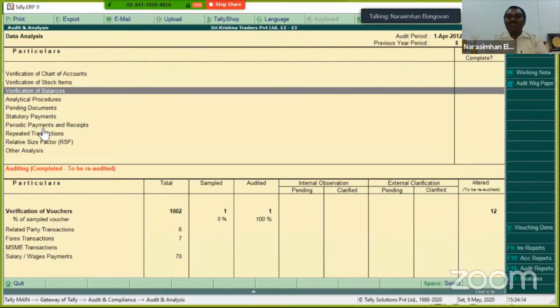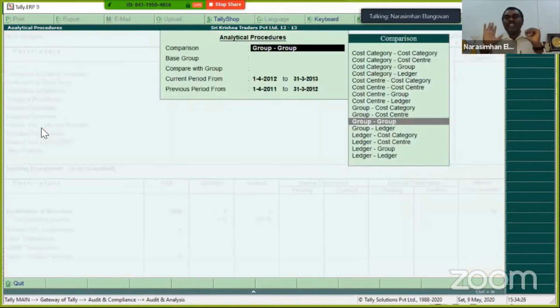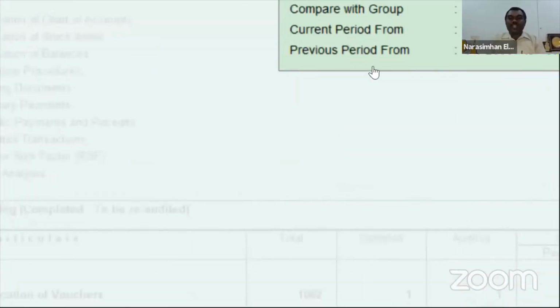Anyways, okay. Quickly moving, analytical procedures. What is this analytical procedures? Your standard on auditing also says that an auditor will have to do analytical procedures. Basically ratio analysis. One simple analysis you can do is item to item or group to group. For example, if you have interest income, divide the interest income on an average by your FDs or investment. You have interest payment, divide the interest paid by a particular thing. So you can choose, but the only challenge is the comparison over here is restricted.